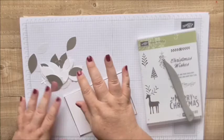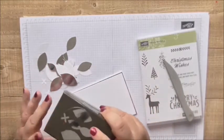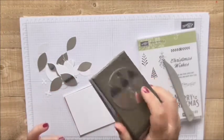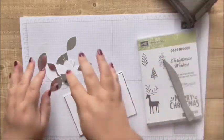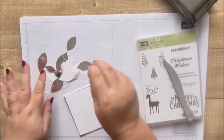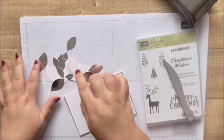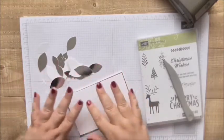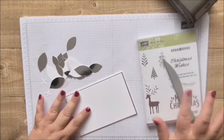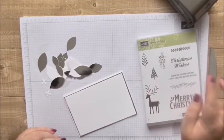Then what I'm going to do is I've made these flowers using the Poinsettia Punch. I don't think it's called Poinsettia Punch, but anyway, it's retired, but I've seen it loads on resale, and I got mine on resale. And I've cut all of the shapes out using white cardstock, the silver card, mirror card, and also vellum. And what I'm going to do is build up a big flower and a smaller flower, and then I'm just going to heat emboss in silver, hopefully, fingers crossed it'll work, this Just Christmas Wishes here,